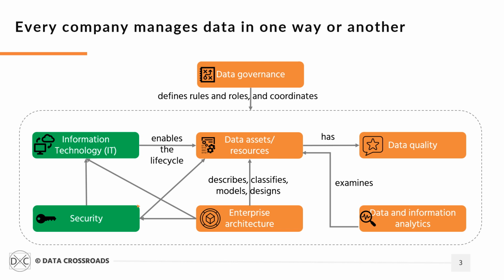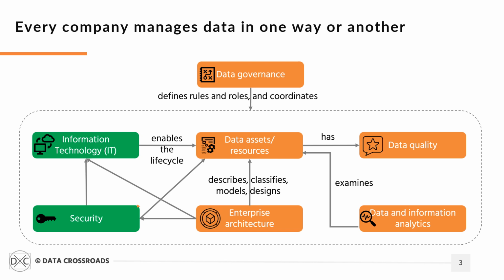Various architecture types exist. Data governance defines the framework in which data management operates. For many companies, a formal data management function is limited to these three capabilities: data governance, enterprise architecture, data assets